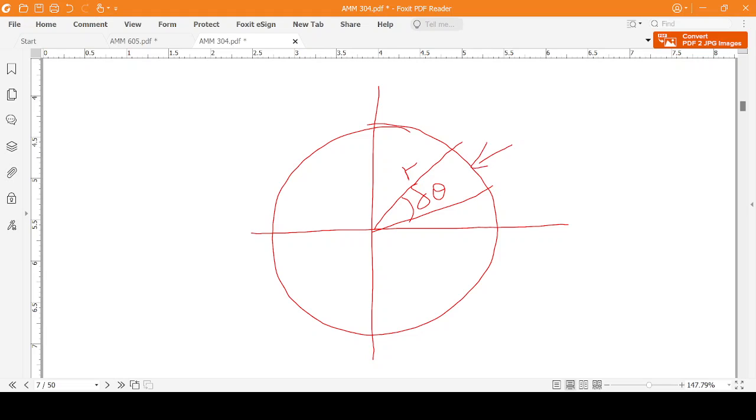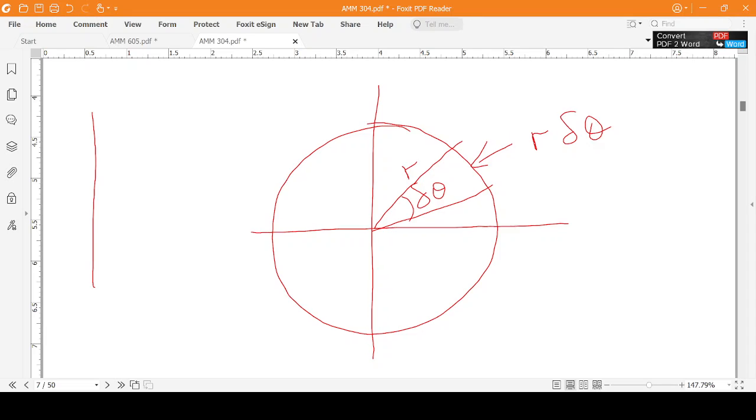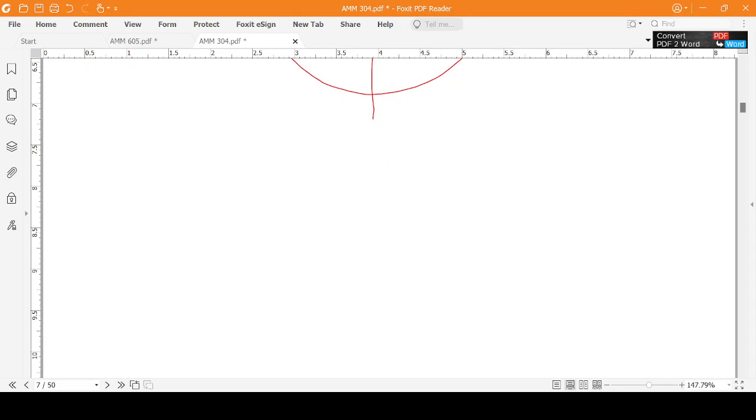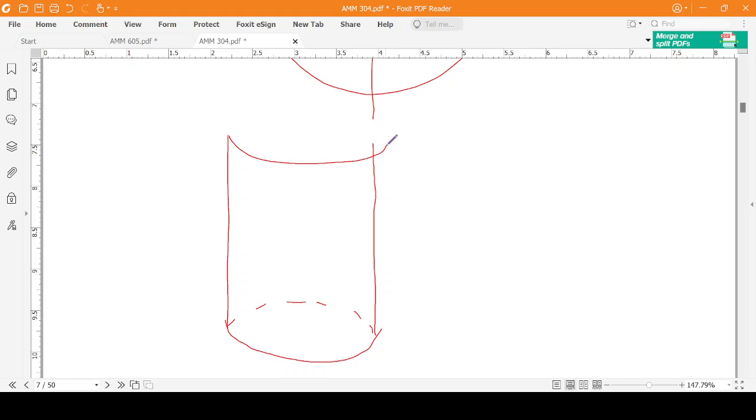The length of an arc here is usually given by r times delta theta. So we shall be thinking of a cylinder. Let me draw the cylinder down here. The cylinder has a base which is circular. When you superimpose this on a coordinate system here,